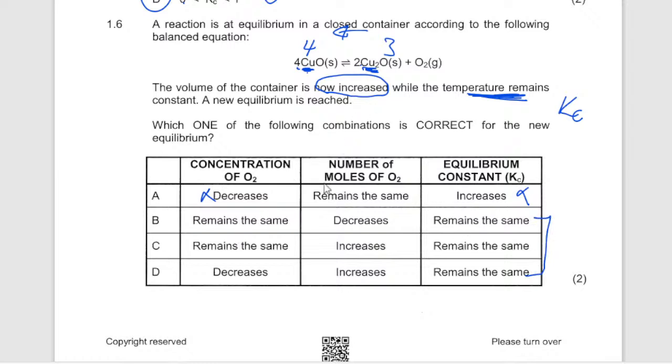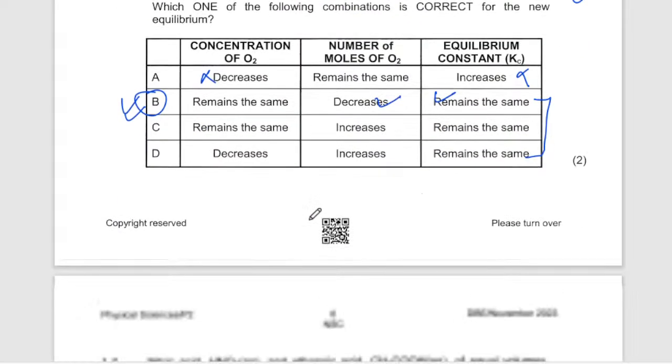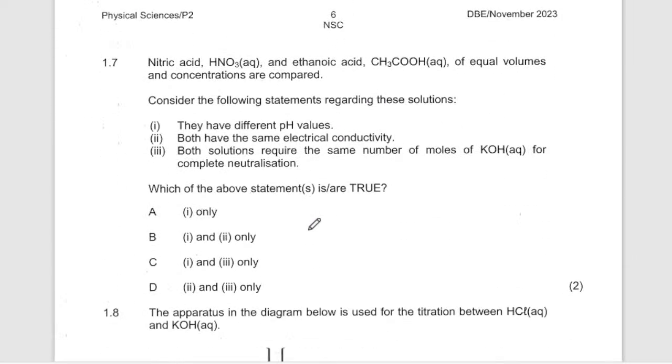But now the number of moles of this is going to decrease. So we look at this. So now this one goes. So there is no other option. So B becomes the most correct answer. So the concentration of oxygen remains the same. So 1.7, nitric acid and